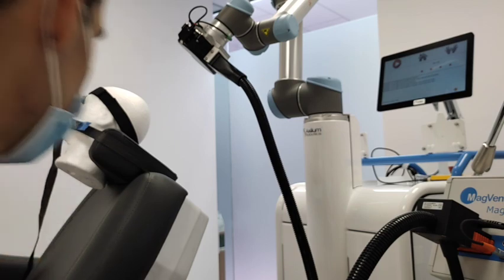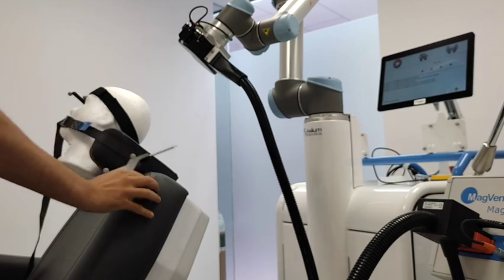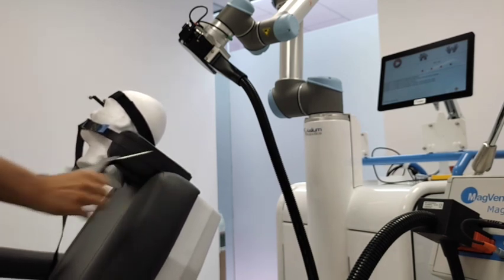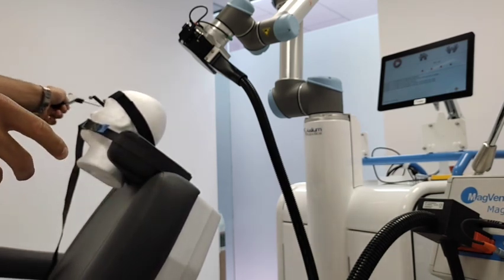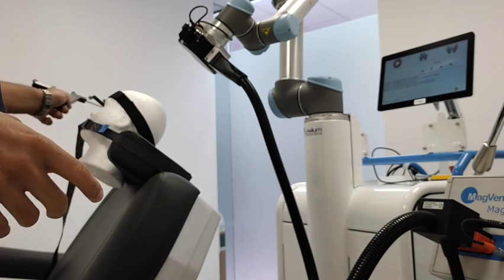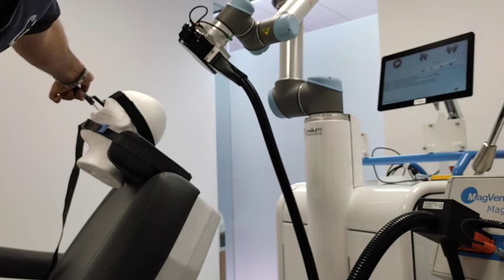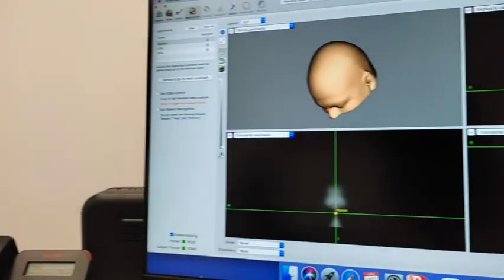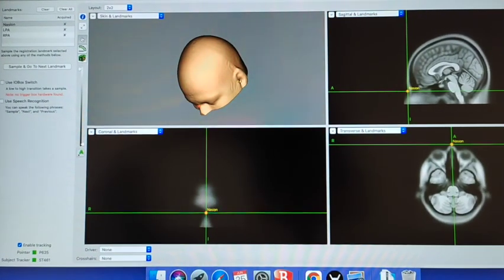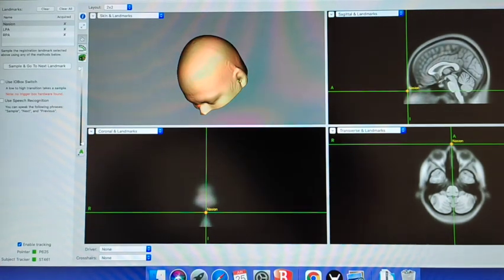So for instance, I needed to do it in a way that both on the bottom left the pointer and the subject tracker are visible, and then